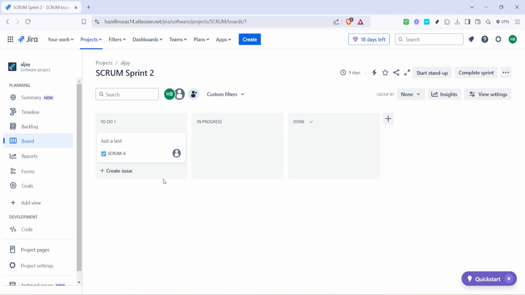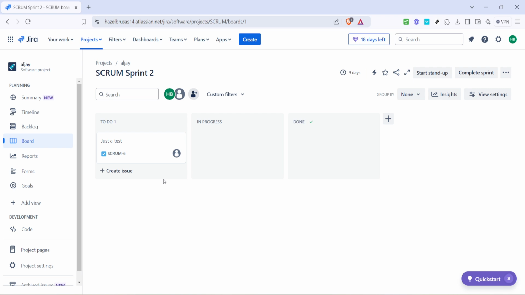One more tip, keep your board updated. It's easy to put this off, but regularly moving tasks between columns and updating their statuses keeps everyone on the same page and ensures smooth project progress. This is especially important in collaborative environments where multiple team members are relying on the board to reflect the most current state of work.